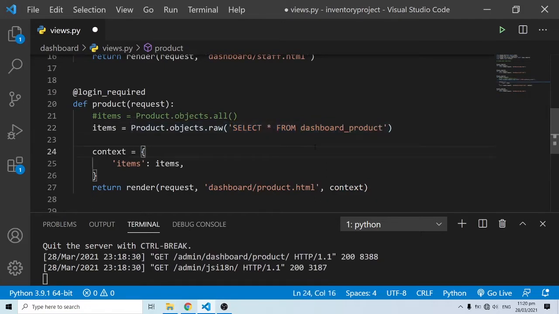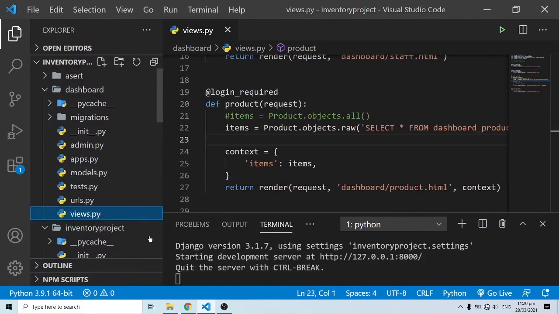As far as the Django framework is concerned, what we have over here on line 22, this dashboard underscore product, is that if you want to touch on a particular table in a database, then we first have to put out the name of the application, underscore, the name of the model. That's the convention it uses over here. But as far as this is concerned, this is going to work. So I'm going to save this,